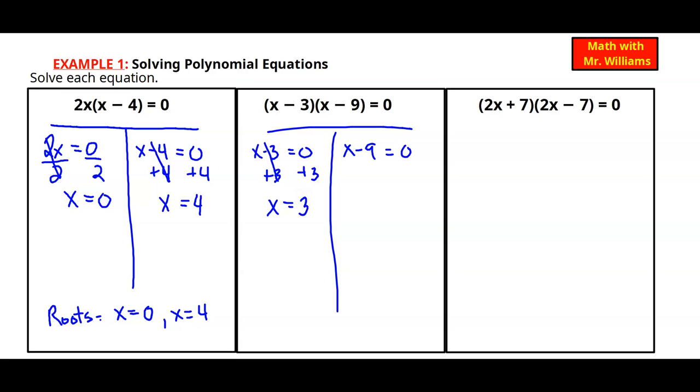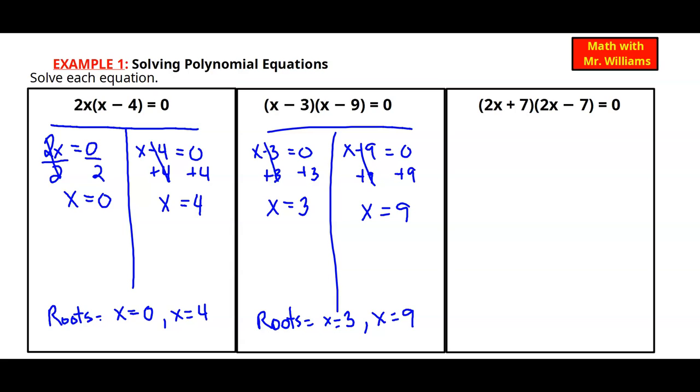On the right, we have x minus 9 equals 0, so we're going to add 9 to both sides. The 9's cancel out on the left, giving me x equals 9. So my roots in this case are x equals 3 and x equals 9. All right, on the last one, we have 2x plus 7 as a binomial, and that's being multiplied by a